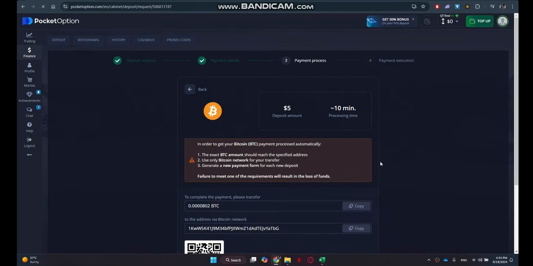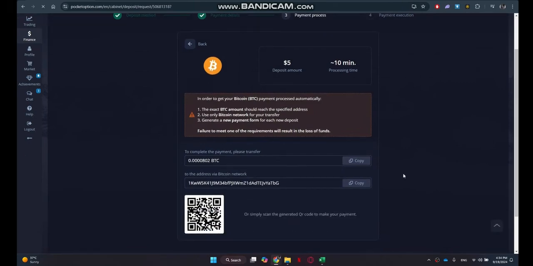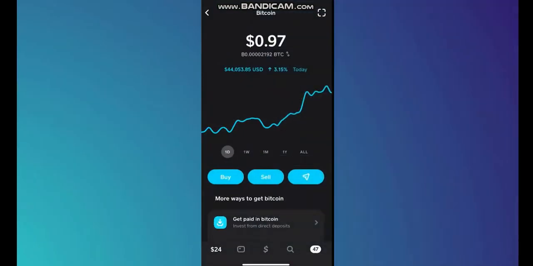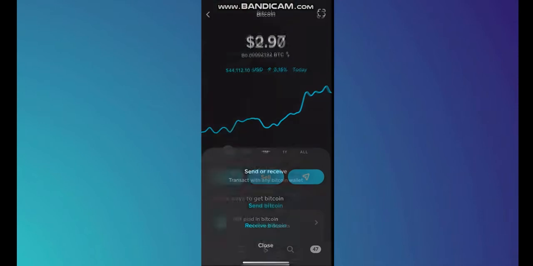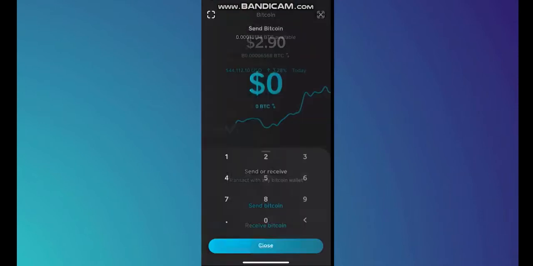Okay. So basically what you want is that QR code, right? So you got the QR code, you go back into your Cash App, and then you simply go send. You want to send the Bitcoin that you purchased,